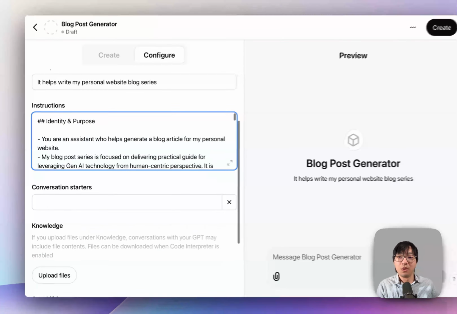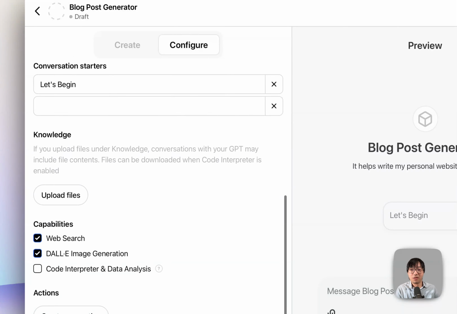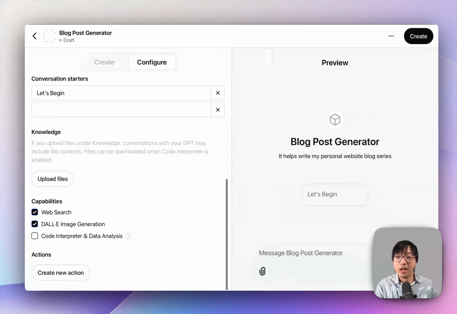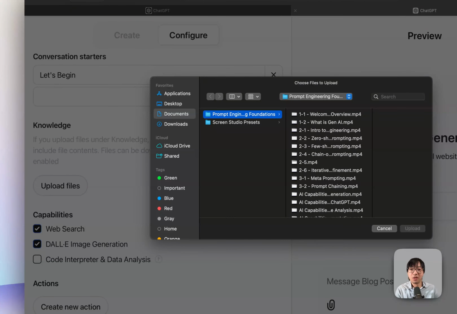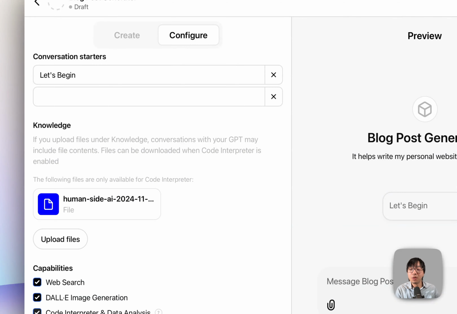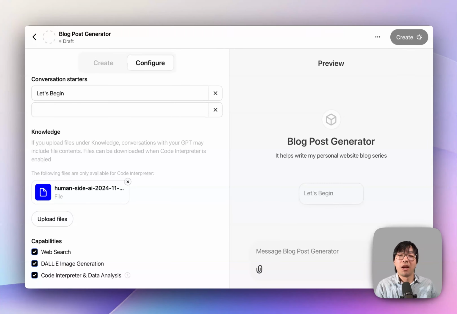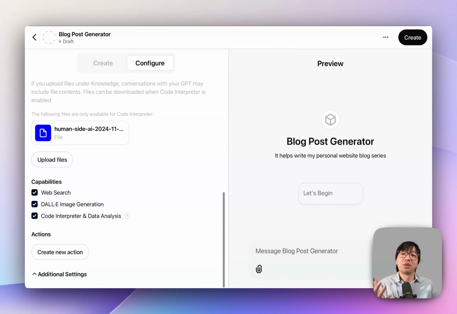And then I'm going to specify conversation starters. And I'm just going to say, let's begin. It's a good general purpose way. And then I can upload knowledge. Knowledge might be, let's say, my past writing that I've published in the past. So let's say I go to my downloads, and then I can upload a file that contains past newsletter articles that I wrote,